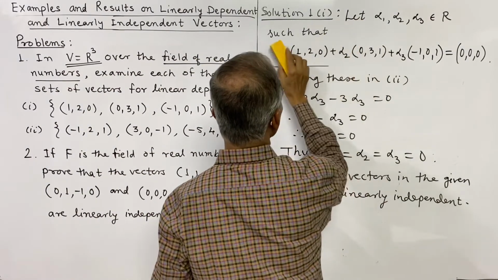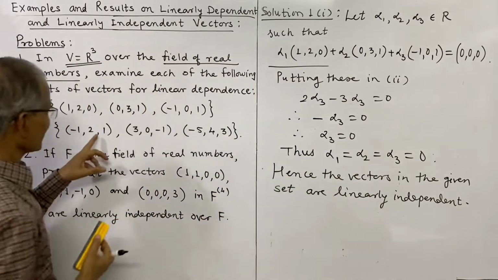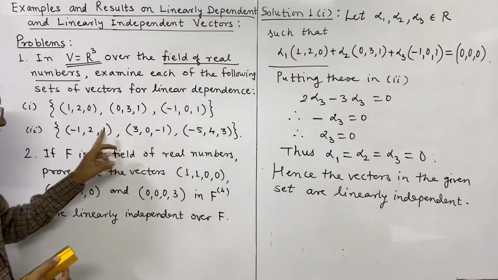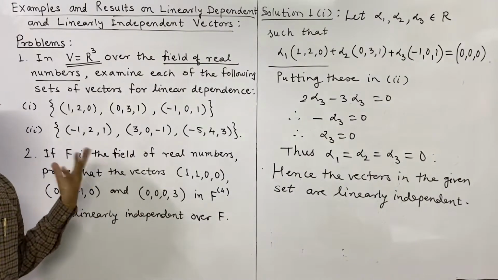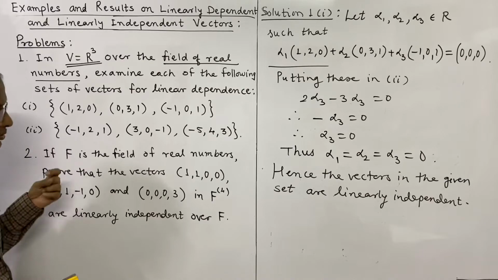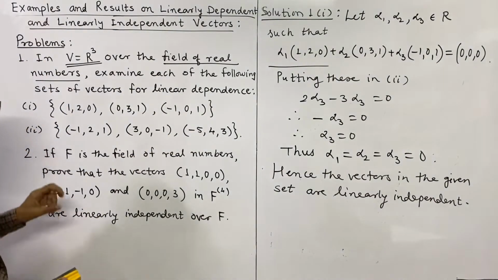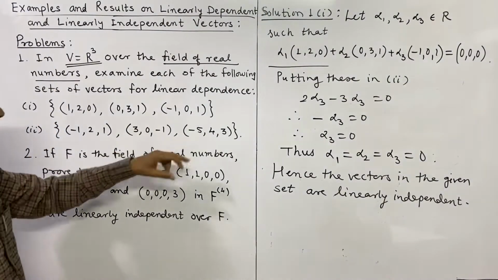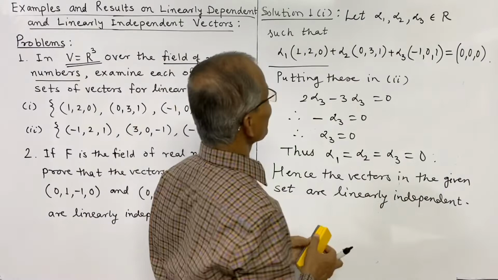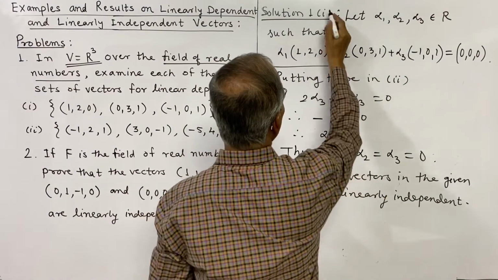Again, for the second we will have to consider this combination, because this is again for R3, three vectors are there. It is not necessary that always three vectors will be there. 2 may be there, 4 may be there, and we have to check the linear dependence or independence of the vectors. So according to that we have to select the scalars. So here, because the three are there, let alpha 1, alpha 2, alpha 3 belong to R, and such that